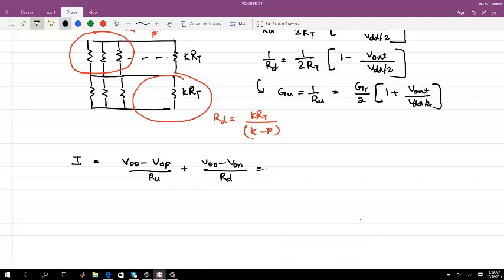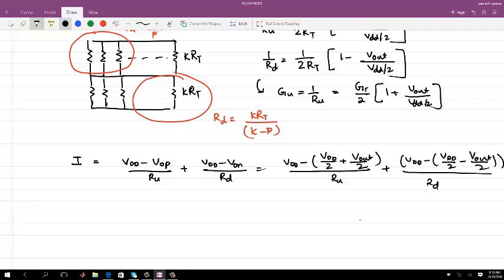So this I can just write as VDD. Now VOP is equal to your common mode voltage plus half of the swing, right? Because we are just considering plus minus half. What was the common mode voltage? VDD by 2. So I can say this is VDD by 2 plus output swing V out by 2 by RU plus VDD minus VDD by 2 minus V out by 2